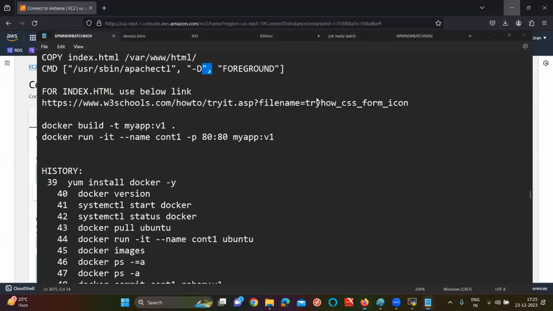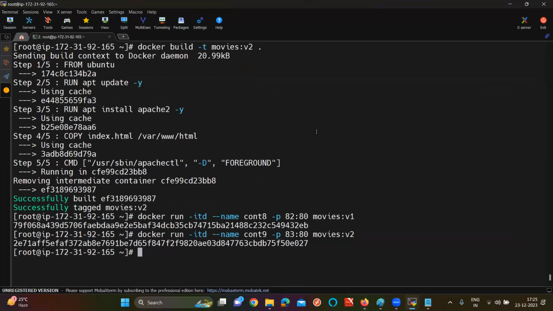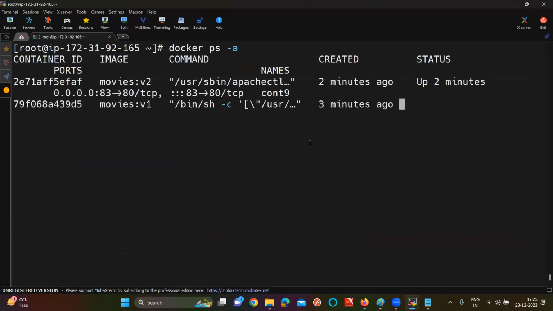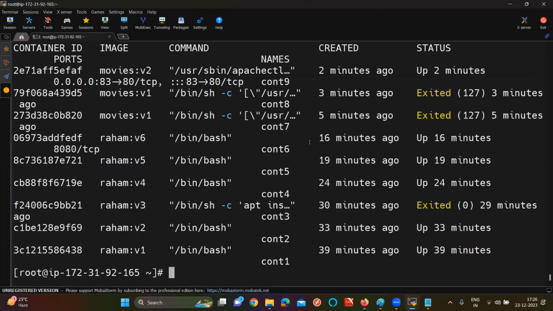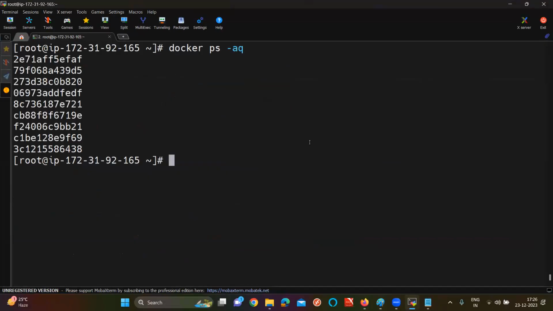One more thing, have I shown you how to delete all of the containers at a single time? No, okay. Let's clear all the containers. What is the command to list all the containers? Docker ps -a. Are you listing all the containers? Now, if you want only container IDs, just add q. If you add -a, it will list all the containers, but if you want to check the IDs, just give q. Are you seeing only